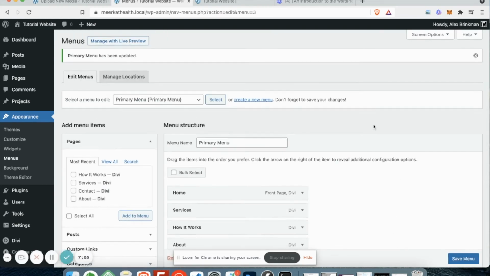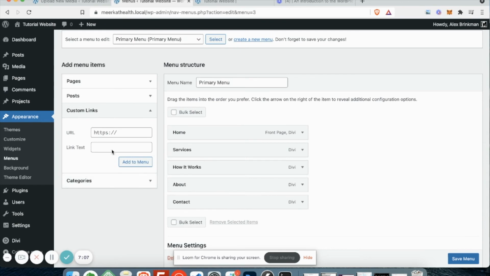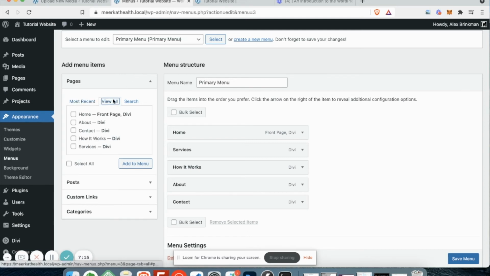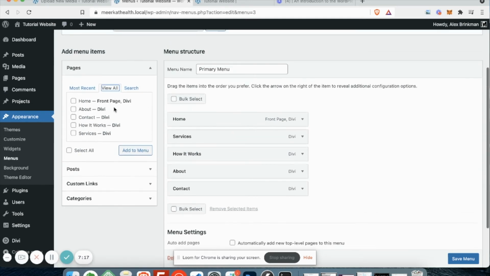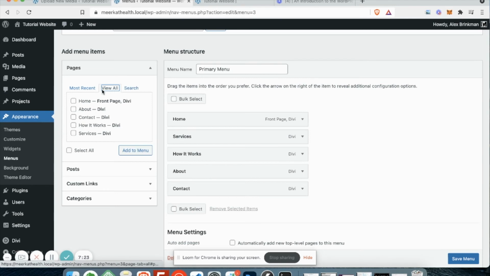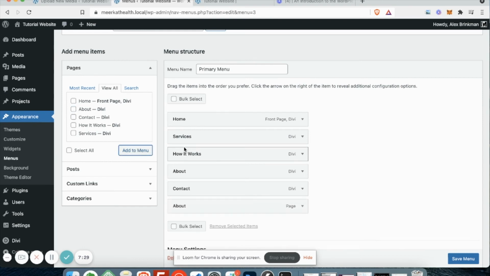All right, now let's add some new menus. You saw me add a custom link where you can put in the URL and whatever link that you want. You can also link to any pages that are on your website. By default, it will show you the most recent. We can click on view all to have a list of all, or if we have just a ton of pages, we can use a handy search, which is really helpful to find what you're looking for. And to add a new page, you would just click about, or whatever page that you want, add to menu, and it's going to add it to the bottom,